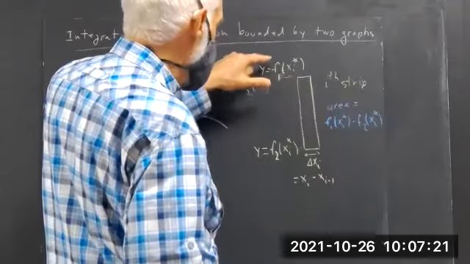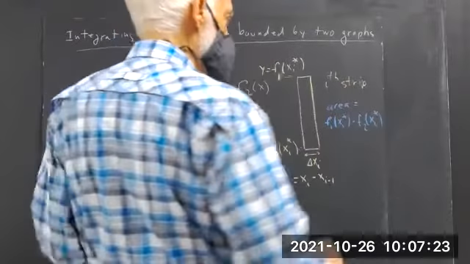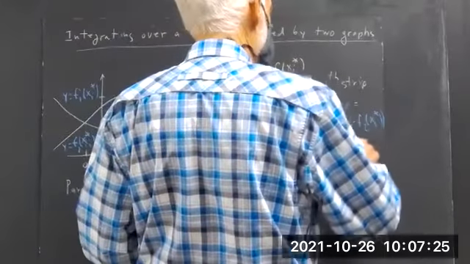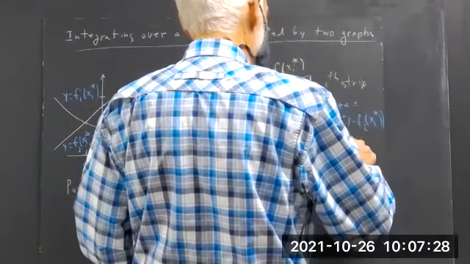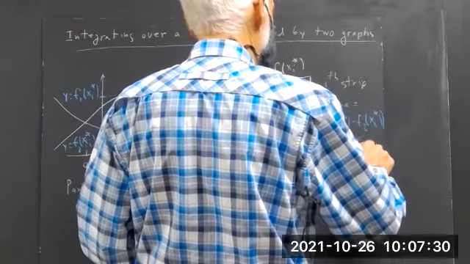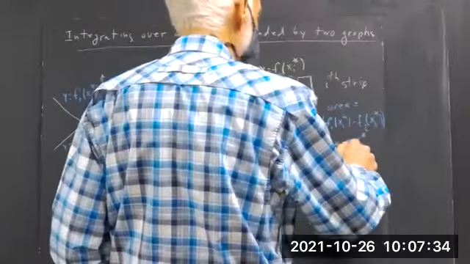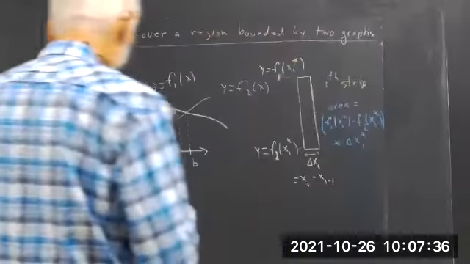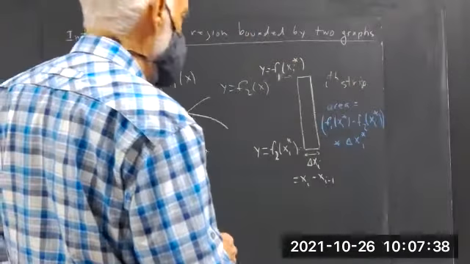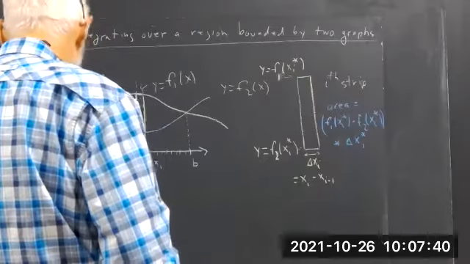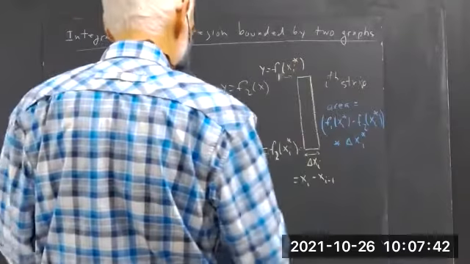The length is just f1 of x i star minus f2 of x i star, multiplied by delta x i. So the total area,